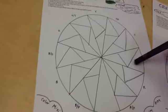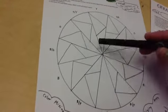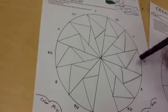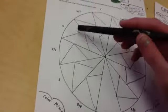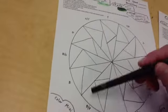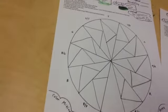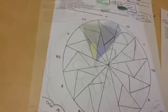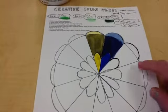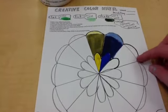Now I'll decide where I want to put the hues, or the base color. They could go all in the middle down here. Where I'll put the tints, or the white plus the hue. Maybe the flags will all be the tints. And then the shades can go up here. You choose the order where the hues and tints and shades go, and you can choose the design. For this one, I made a flower design on the template that did not have the labeled colors because I wanted to make these petals that went outside of the pie